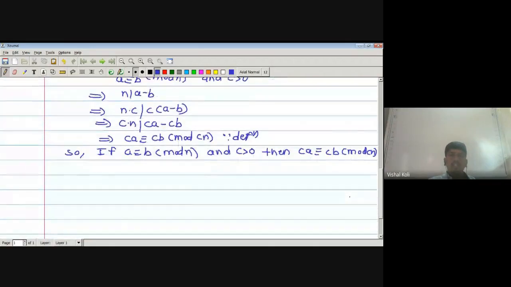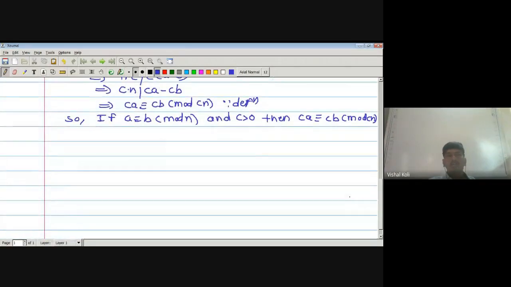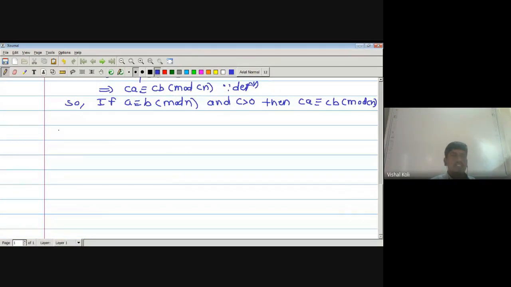Now we have to prove same for the divisibility also. That is, in third one we have to divide by some d greater than 0. Let us see. For third one, given that A is congruent to again B modulo n, and also given that D is an integer which is greater than 0 and it divides A, B and n. So as A is congruent to B modulo n, then by definition n divides A minus B. As D is an integer which divides